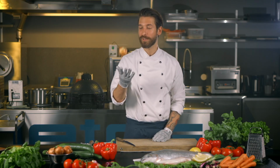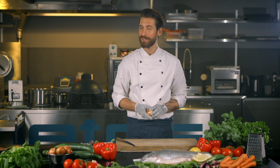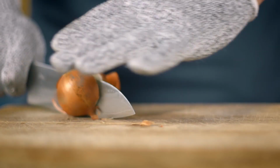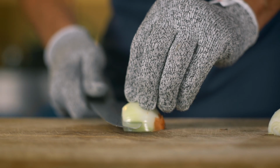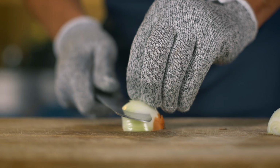Now, let me show you something I'm sure you've all struggled with: the elusive onion. Now, we here at NoCry shed no tears when cutting onions. Let me show you our secret. First, cut the onion in half through the root end and peel the outer layers. Put the onion down flat, make a claw shape with your hand, and make a few incisions horizontally into the